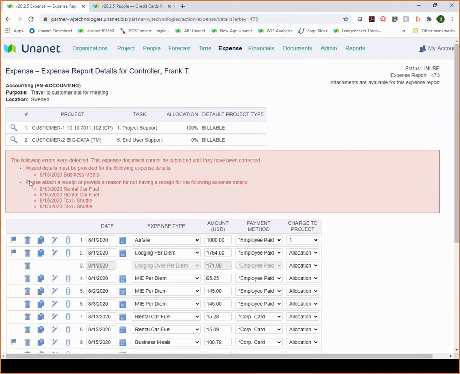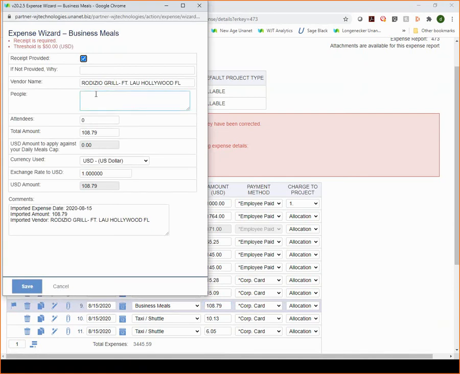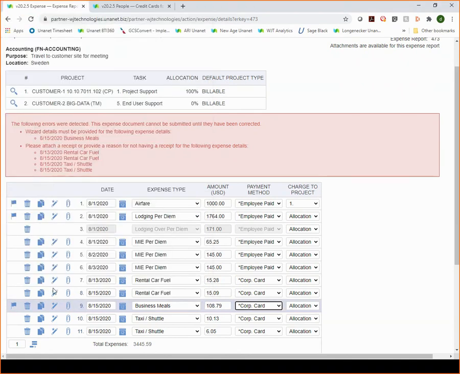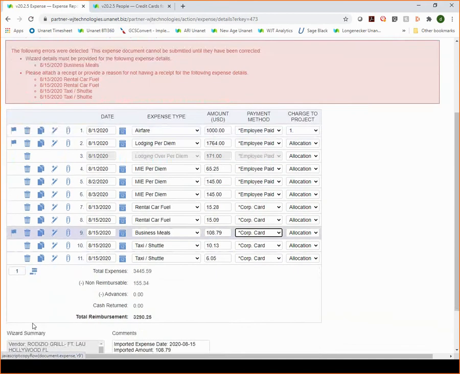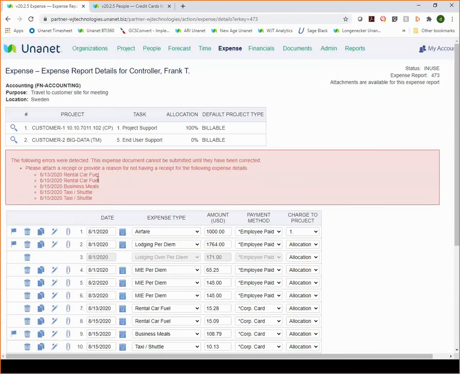So once I save this, again, it's going to give me some errors. So wizard details must be provided for business meals. So business meals, if I click into business meals, who is there? Me and the client. 3 attended. And we're going to save that. And once I save this, that particular part of the error should go away, which it did. So now it's just saying I need to attach